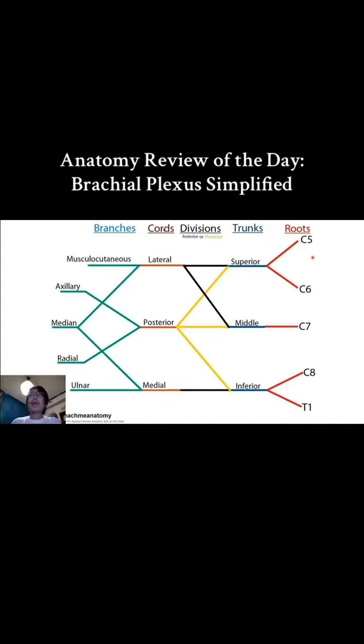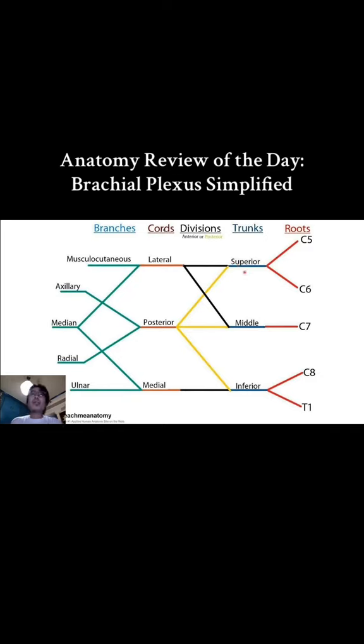Brachial plexus and its main components. The brachial plexus can be divided into 5 main parts, starting off with the roots of C5, C6, C7, C8, and T1. The roots coalesce or simply continue, as is the case with C7 roots, into the trunks. The trunks are superior, middle, and inferior trunks.